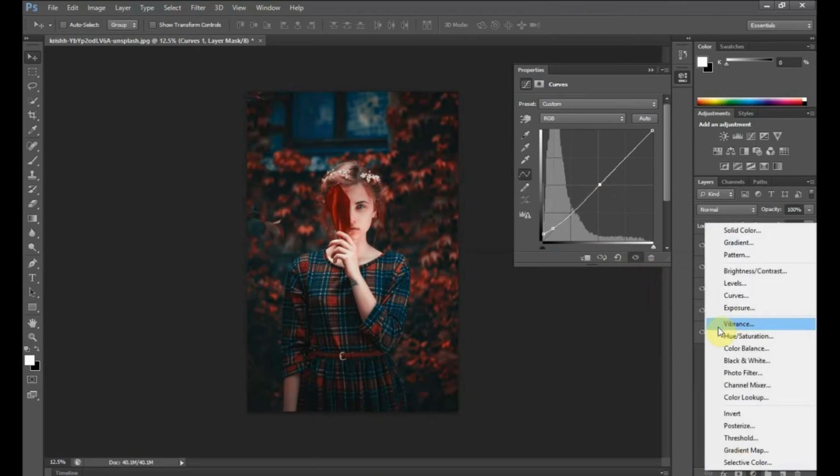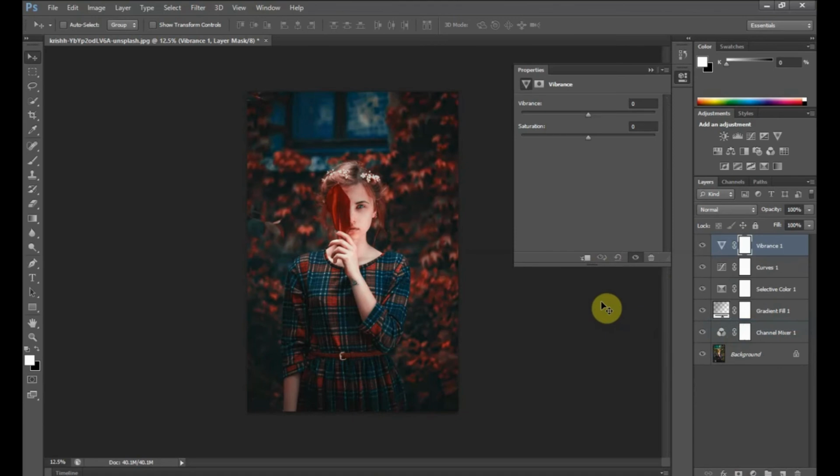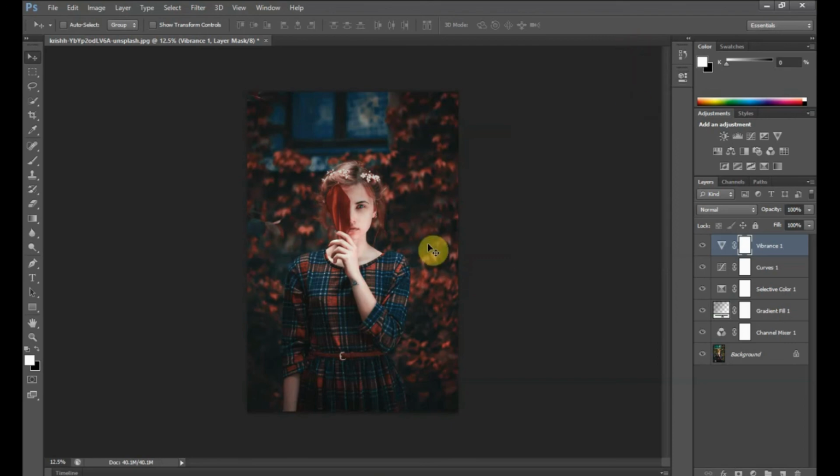Step 5, select Vibrance from the adjustment layer. Step 6,